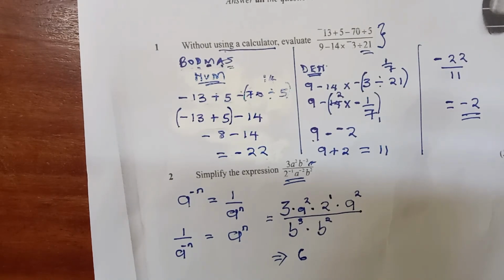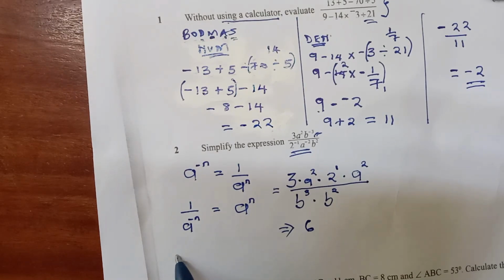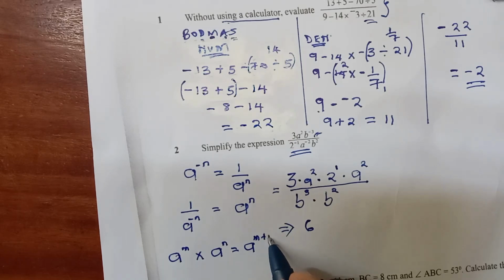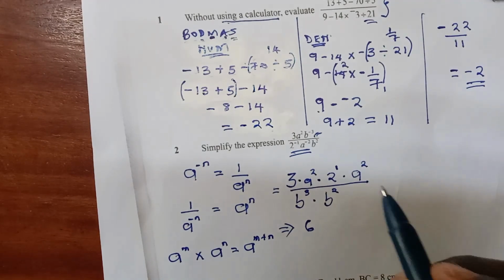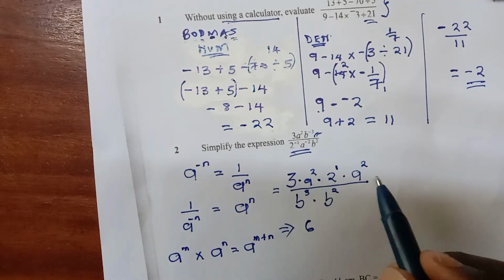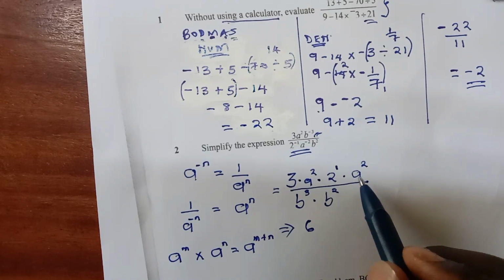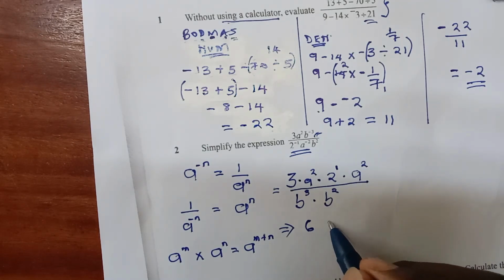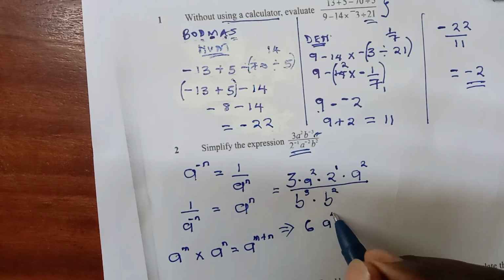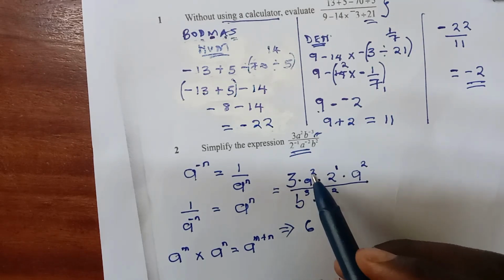From laws of indices, we know that if you have a number a raised to m multiplied by a raised to n, then this is the same as a raised to m plus n. So here it becomes a raised to the power of 4, because it is 2 plus 2,